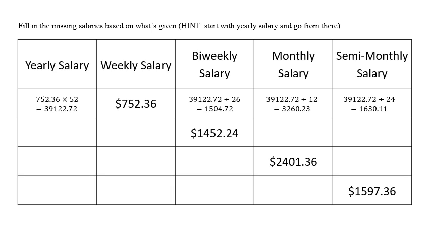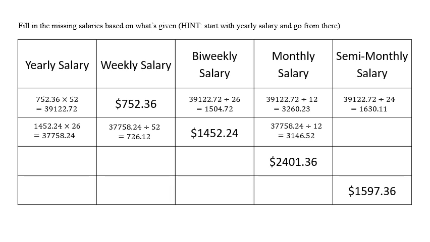Okay, so for the second row there, we have a bi-weekly salary of $1,452.24. So because with a bi-weekly salary, you're paid every 2 weeks, so you're paid 26 times in a year, we would multiply that by 26 to get the yearly salary of $37,758.24. Then we use that yearly total to find the weekly salary by dividing by 52,